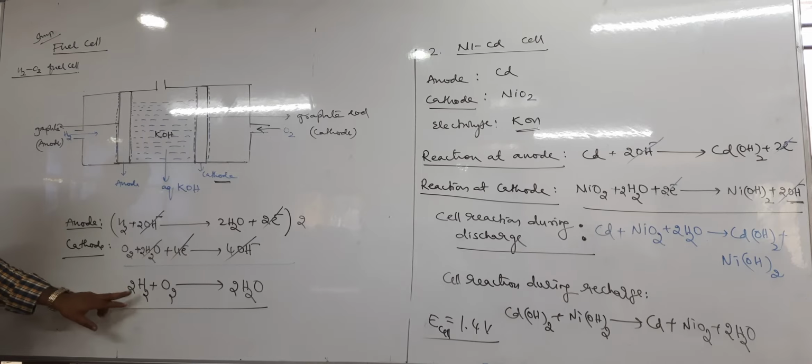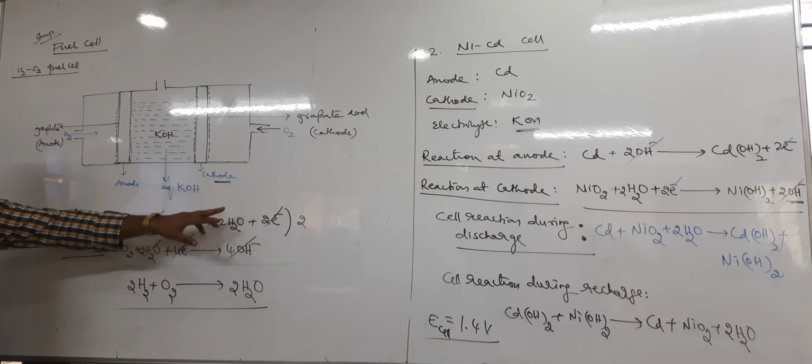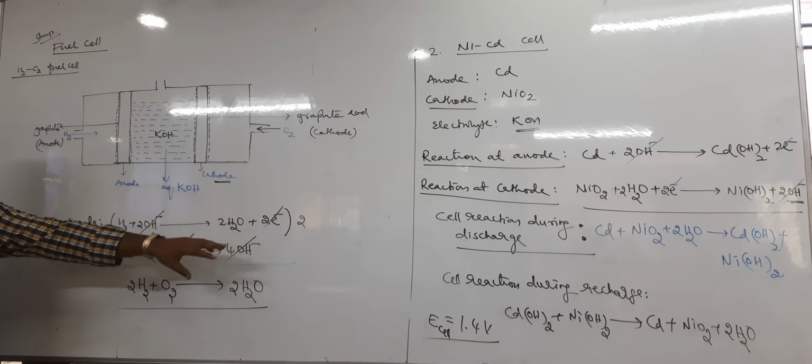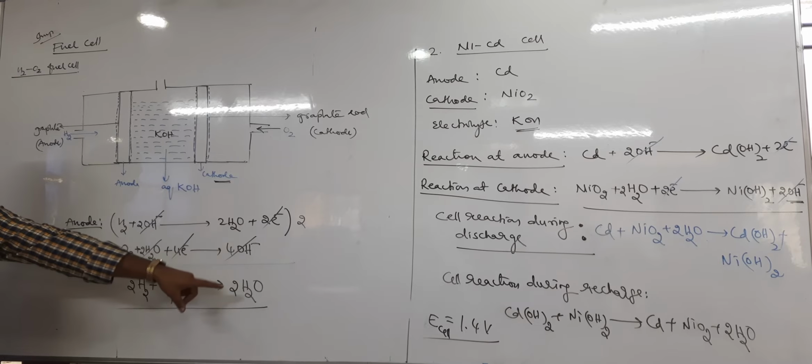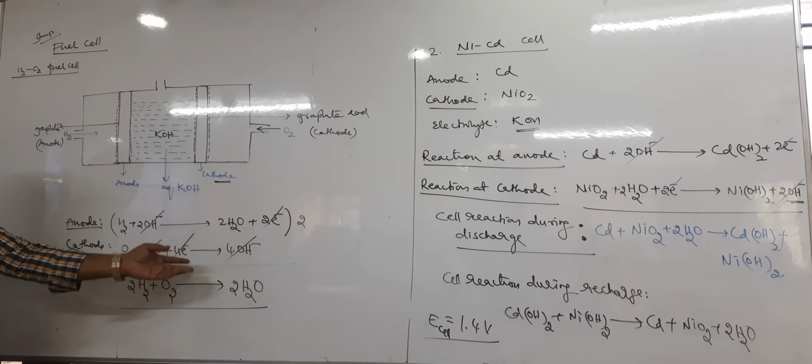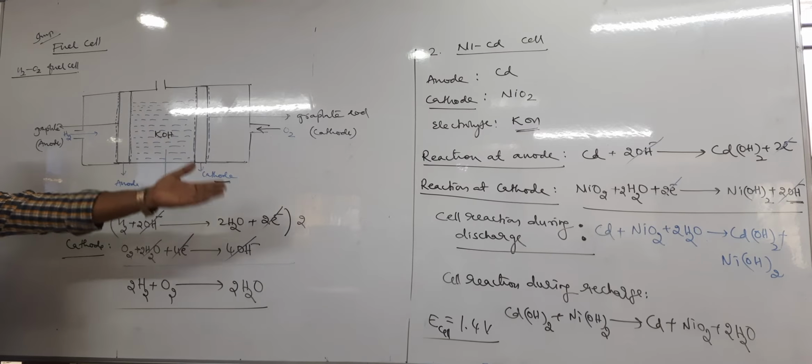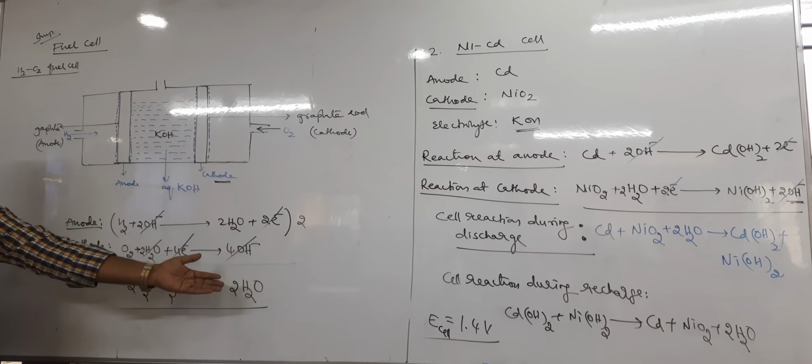In the hydrogen oxygen fuel cell, of course, electrons are being produced and electrons are being gained. Due to releasing and gaining electrons, oxidation and reduction take place. When oxidation reduction takes place, there is a transfer of electrons from one species to another species. Current will flow, current will be produced.